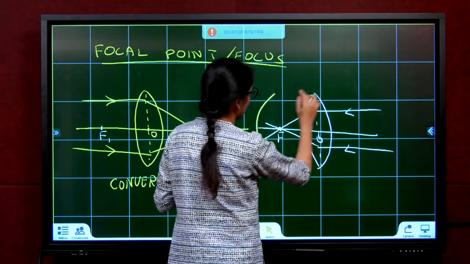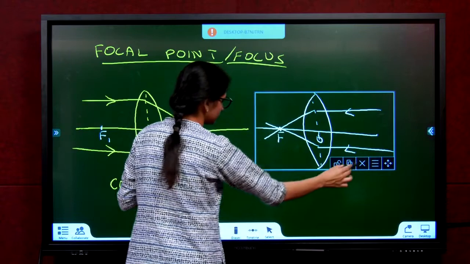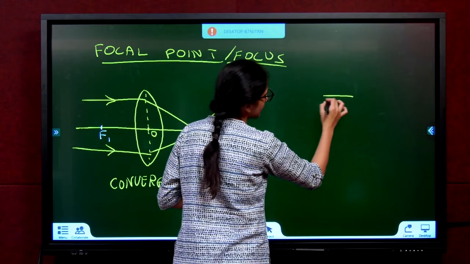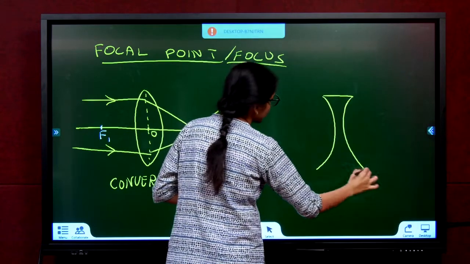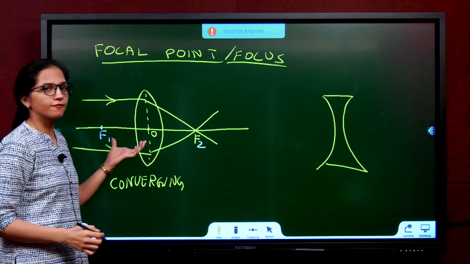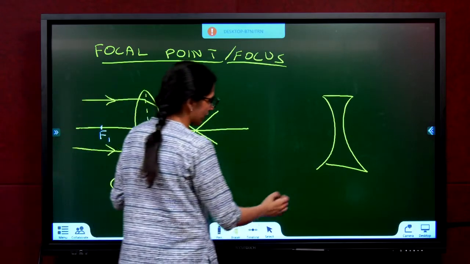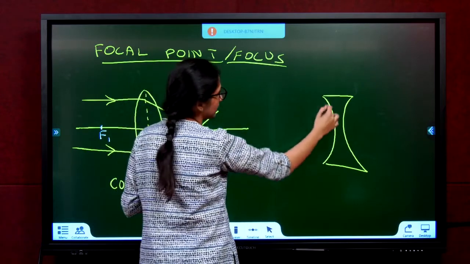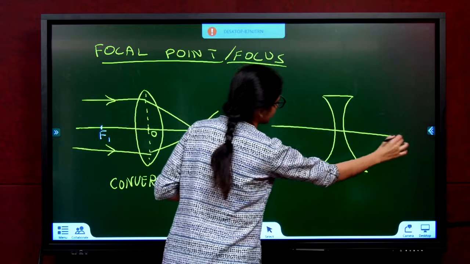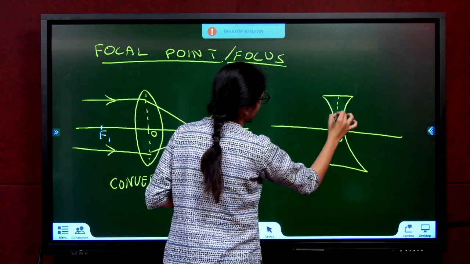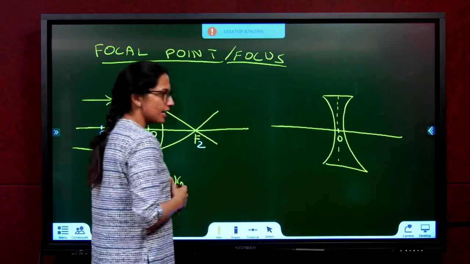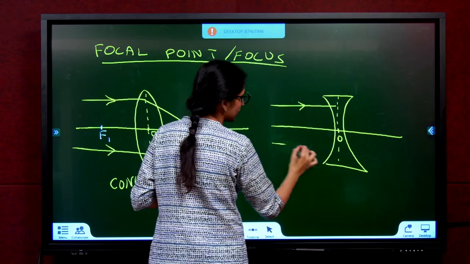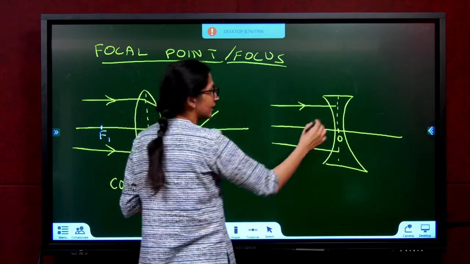Coming to the case of concave lenses, first let's draw a concave lens. See, how to exactly draw a concave lens and convex lens, I will teach you next when we learn ray diagrams in detail. That's the next topic. So now just roughly draw, understand this. So we have a principal axis, we have an optic center there, we have a dotted line here to show refraction. If there is a set of rays parallel and incident on it, then they diverge away.